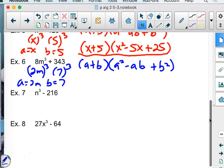Numbers are getting a little bigger, so we want to make sure we're careful about this. What's going to go in the first set of parentheses? 2m plus 7. And now here's where we have to be really, really careful. What is 2m, the quantity squared? 2m times 2m is 4m squared. See, everybody always wants to put a 2 right there. 4m squared. Minus, what's our middle term going to be? 14m